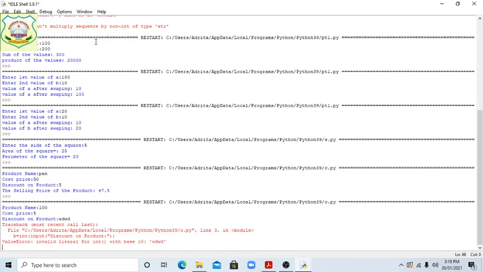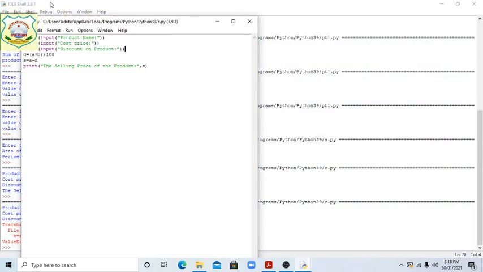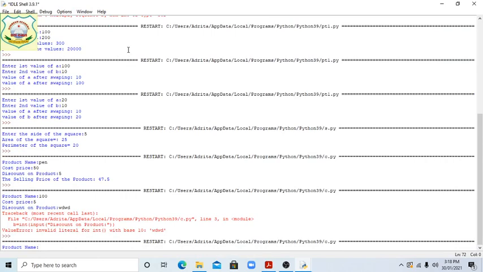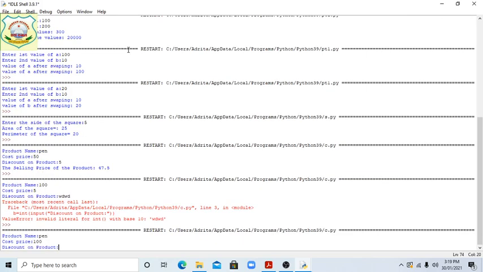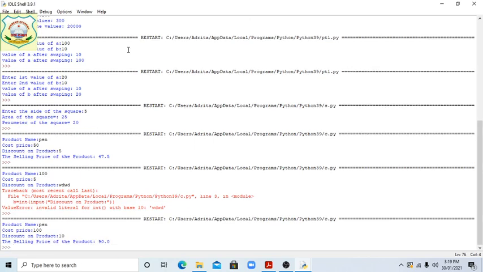Okay, something given is invalid. Yes, again we will run it. Product name is asking, the pen. Then cost price. What should the cost price be, students? So we are writing 100. Then discount on product 10%. Yes students, 90 rupees. Clear students?